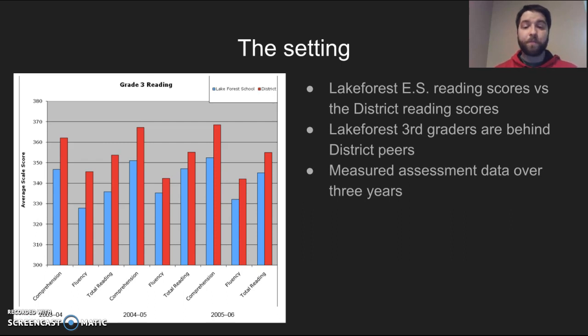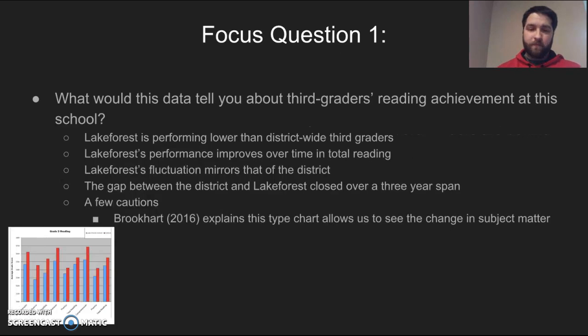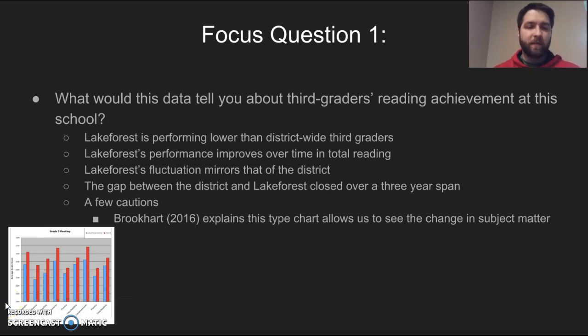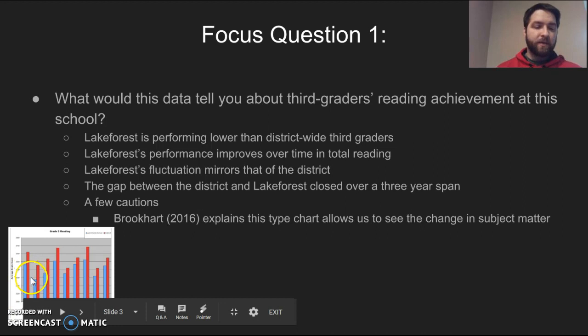One of the first things you're going to notice down here, as I've moved the chart down to the bottom to work on focus question 1, is that Lake Forest is performing much lower than their district-wide third graders. We measured data over 3 school years: 2003 to 2004, 2004 to 2005, and 2005 to 2006.